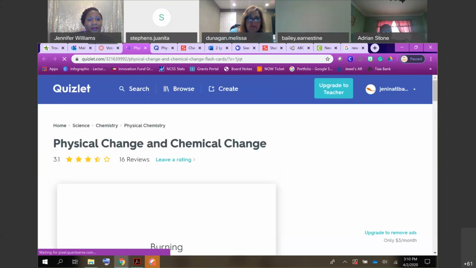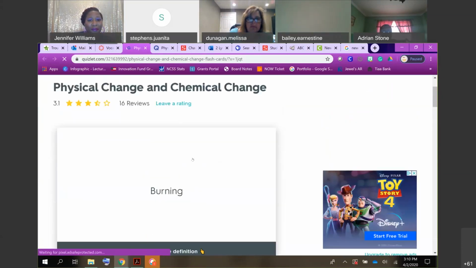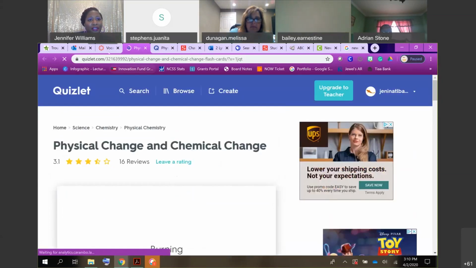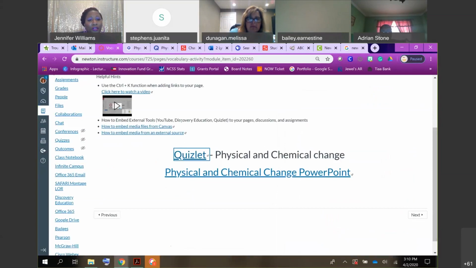And I'm giving them the physical and chemical change. And then now they can see the vocabulary. This way I'm building background knowledge. So as we begin, they also know that these are some of the words we're going to be referencing. If I'm telling you we're learning about physical and chemical change and you don't know what the word physical or the word chemical means,